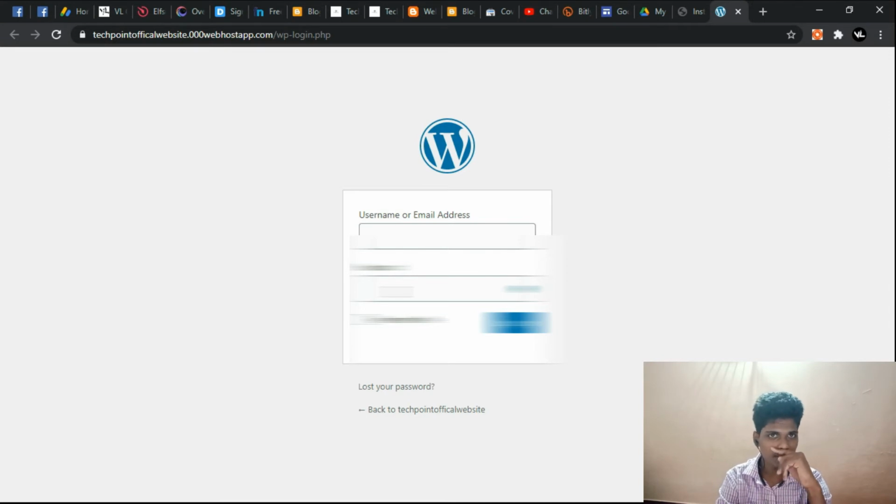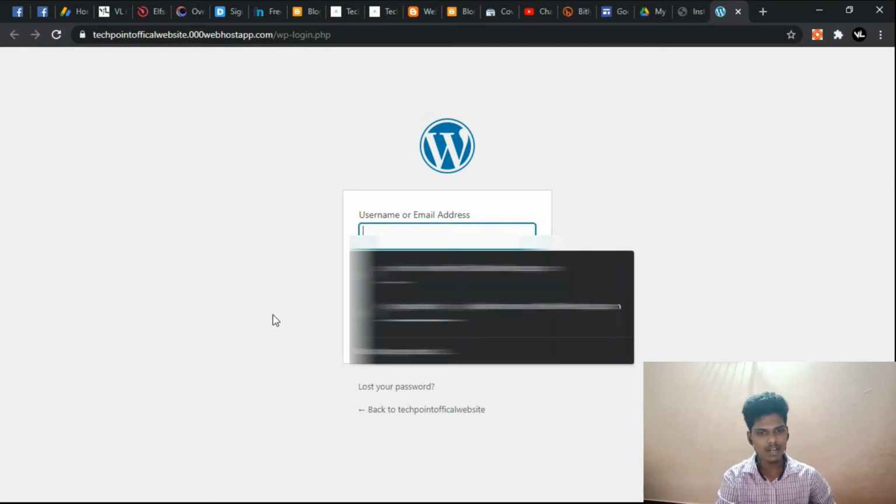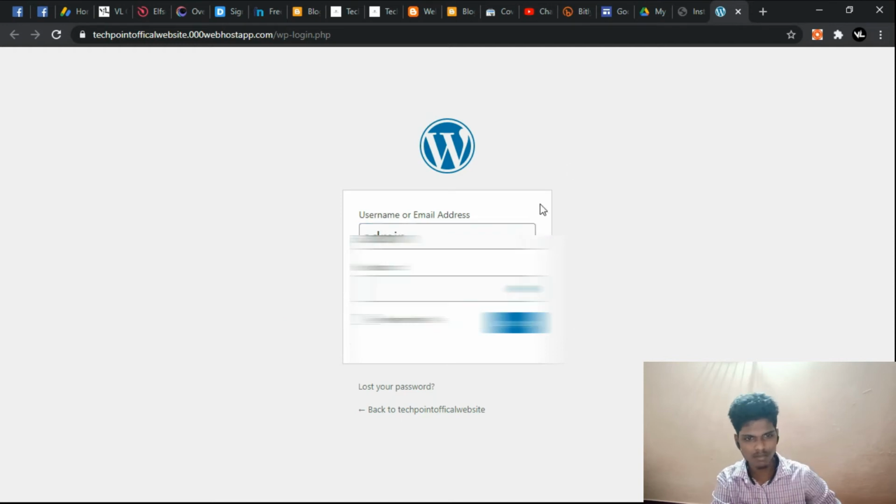First, I have told you about the admin panel. In that you can see username, admin and password. Just add that same exact thing over here. Do not add anything else. Just add that admin, or your password. I have kept admin over here. Admin and the password you added, just keep it.